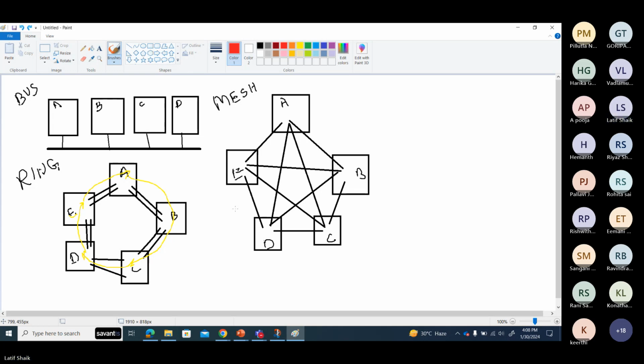It is complex and difficult to troubleshoot. Complex to configure, difficult to troubleshoot. Which device, which line, it is very difficult to find. But it is redundant. The advantage is if one line or maybe one device is down, remaining communication is